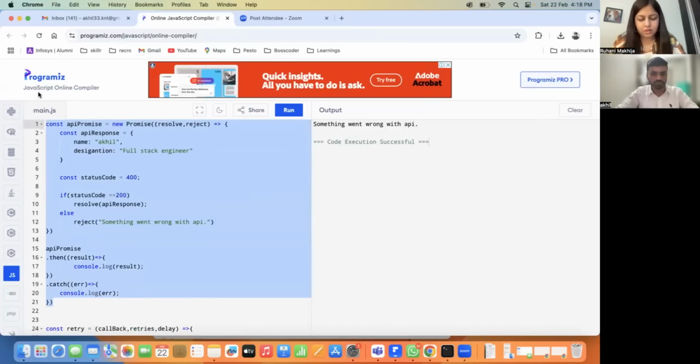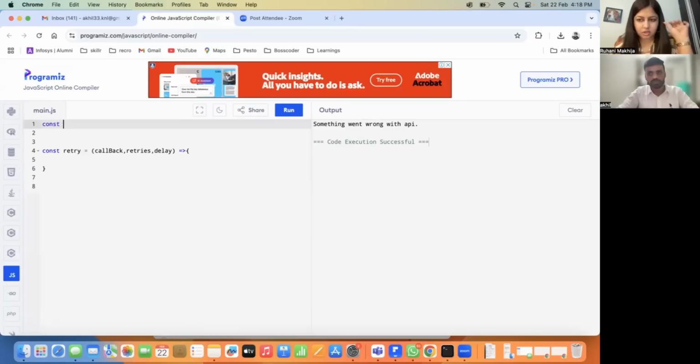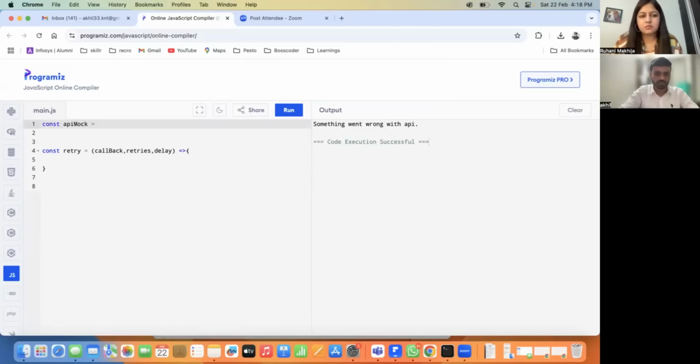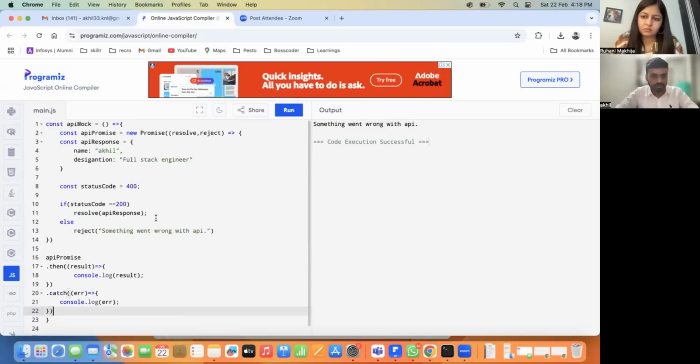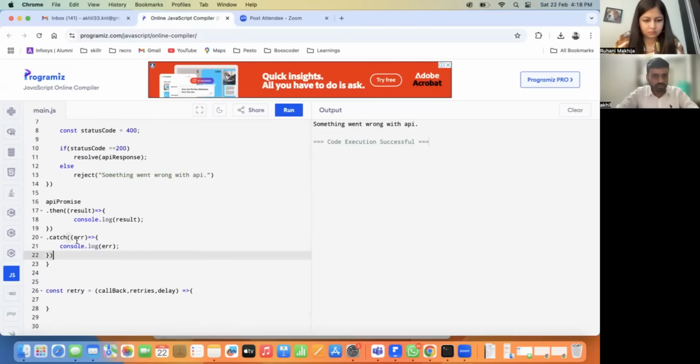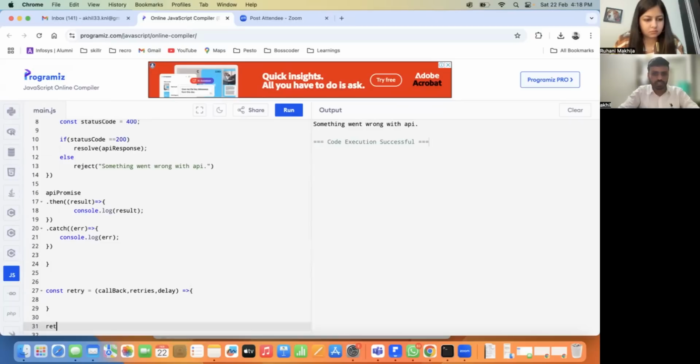Yes, so callback is actually the function. I hope you get that, callback is a function. That's why I was saying the previous code we need to wrap into a function. So I'm just pasting the code over here. Now basically we will retry with that callback. Sorry, we need to write the